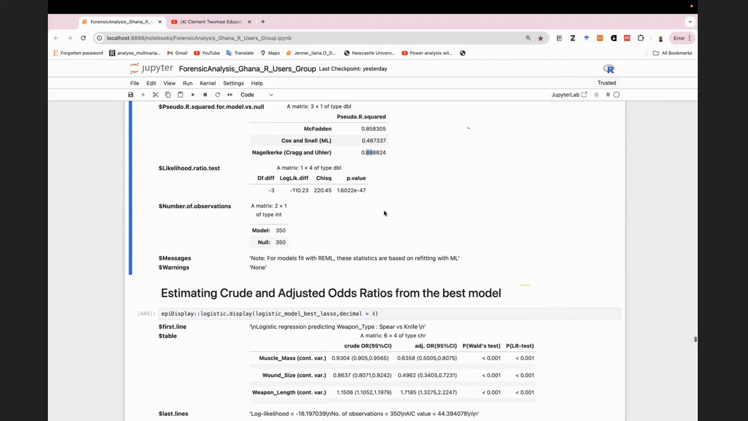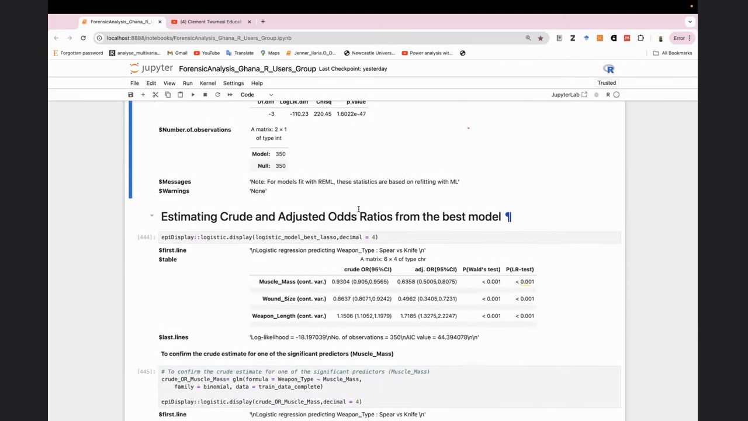Are we okay? And after fitting a logistic model, the next thing we often do is call